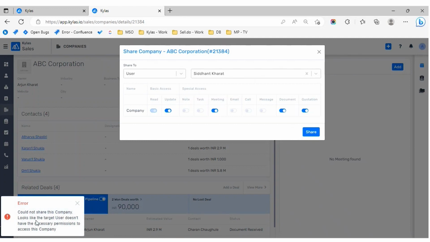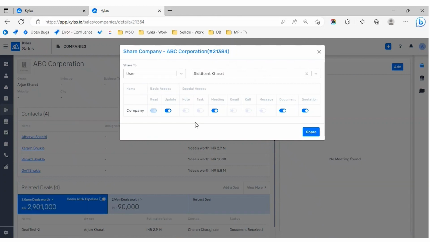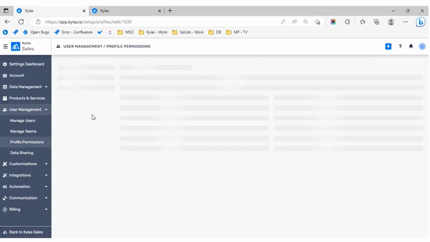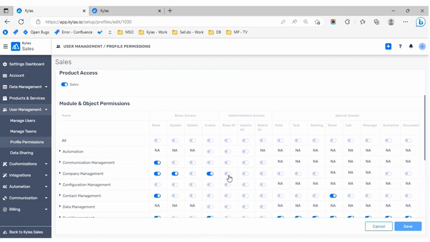So when I'm trying to share, I got a toaster message at the bottom of the screen, which reads out that the company cannot be shared because the user do not have the necessary permission to access the company. Now, this could be because of this additional special access that is not available for Siddhant Kharat. So let's again go back to our profile permission, then sales. And here on the company module, if you see this note, task, and other toggles are in the off mode. So let me turn it on,